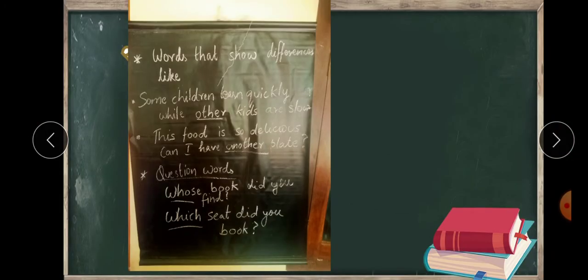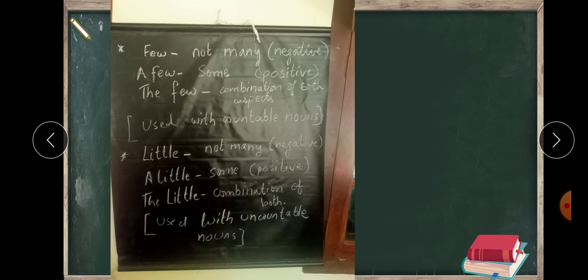Moving on to quantifiers, there are several different words, not only few, a few, the few, like many. Many plants were planted. Several: Salman Rushdie has written several books. Then enough: the family didn't have enough money to buy clothes. So several different words can be used as quantifiers, that give you the quantity.